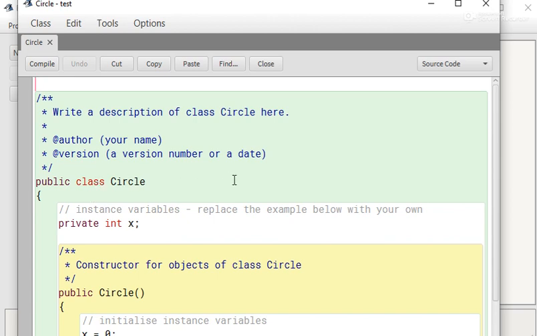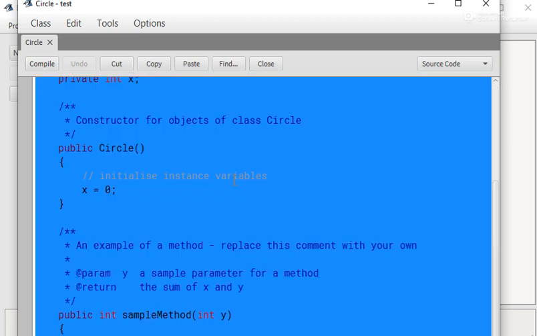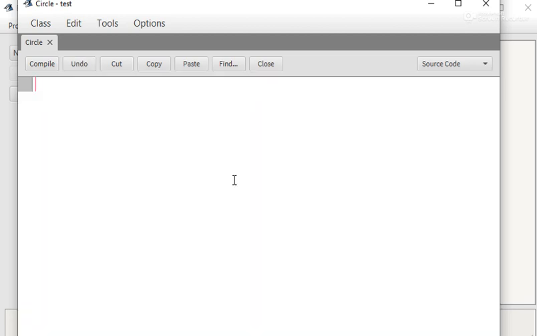These are the sample that how can you write your program. In starting, first you select all the content by pressing Ctrl A. This will select all your content, then press delete button. This all will be deleted.